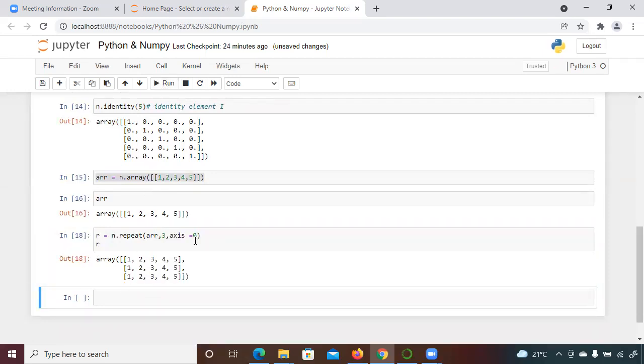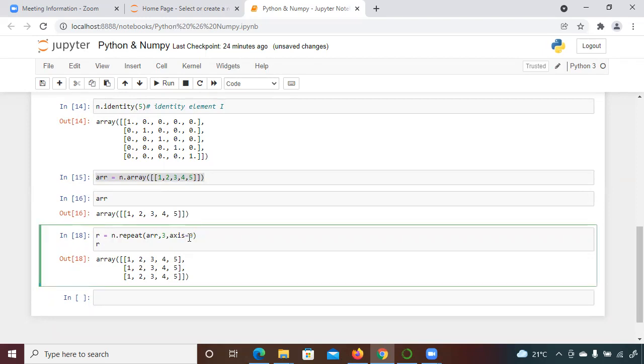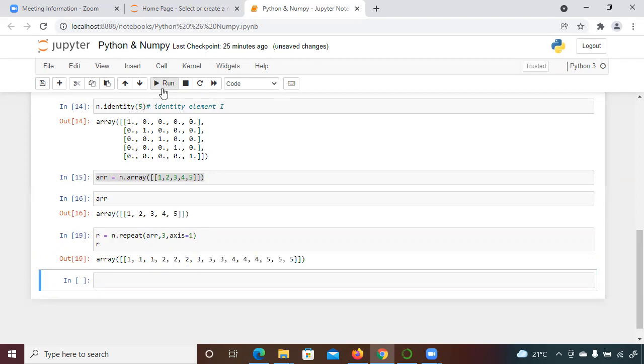Now the question is, what is axis 0? Axis 0 means row wise you want to print those, you are considering those values row wise. Let me change this and try with 1, and see what impact comes. Now when I use 1, it is repeating a single element column wise.